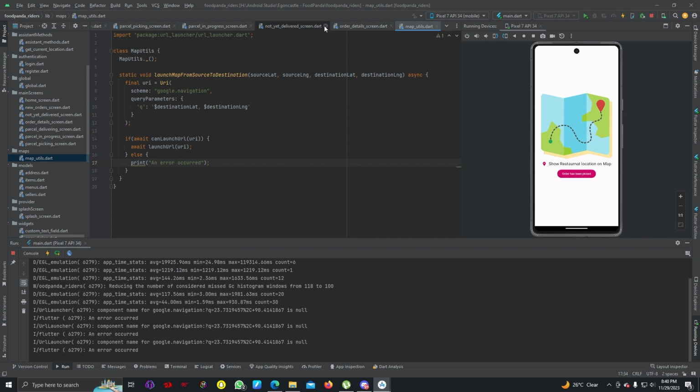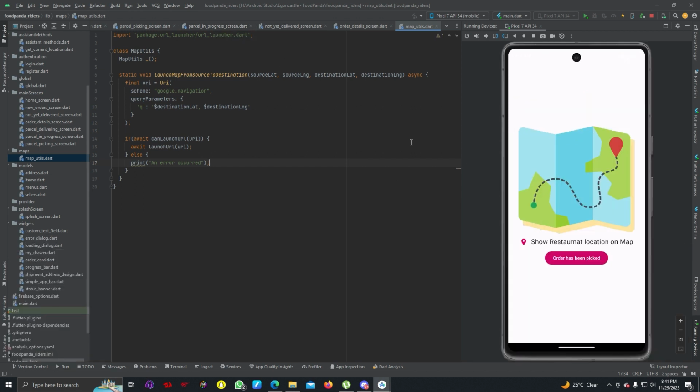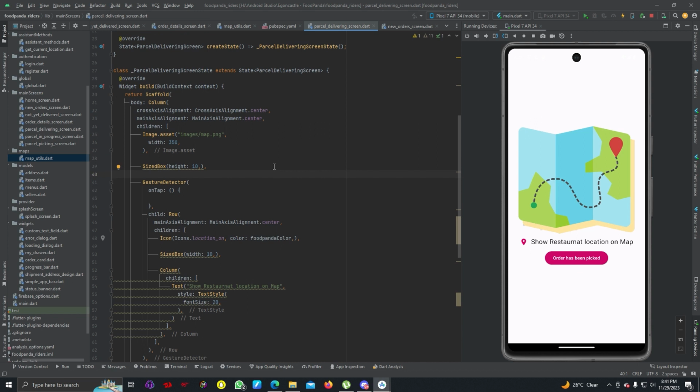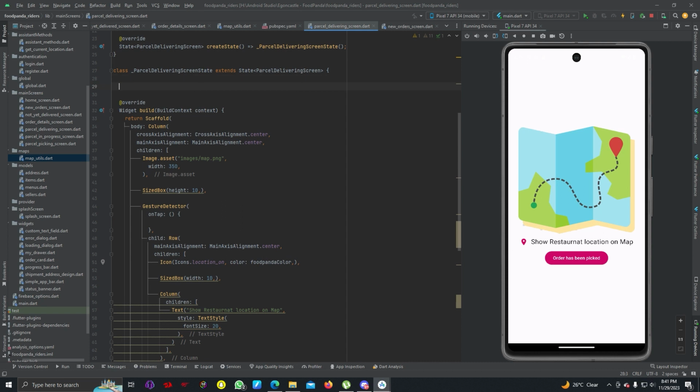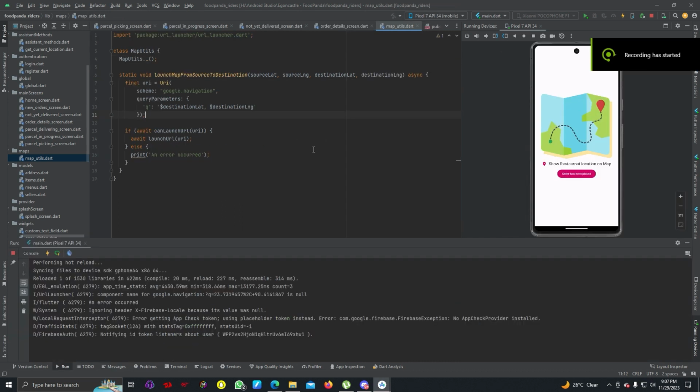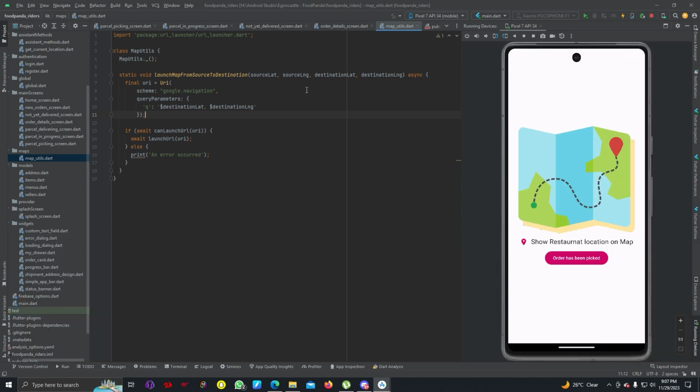We can fix that later on, but now we can fix our parcel delivering screen. So we will work on this screen in the next video. So for some reason we are getting error with the map, so we can fix it later,